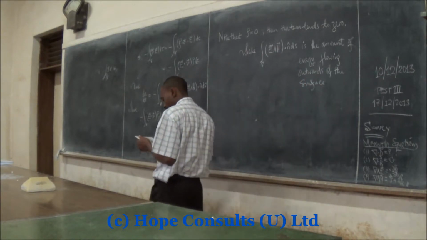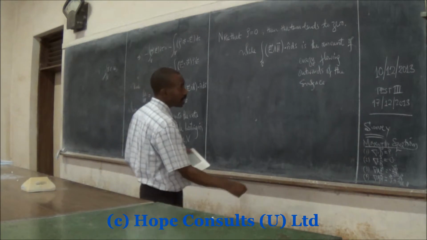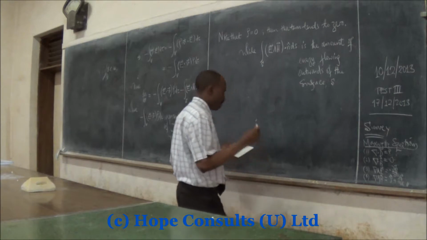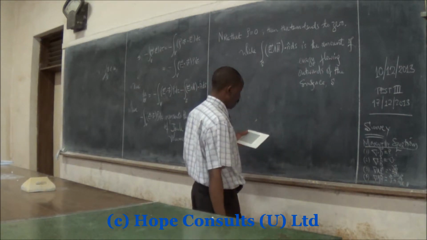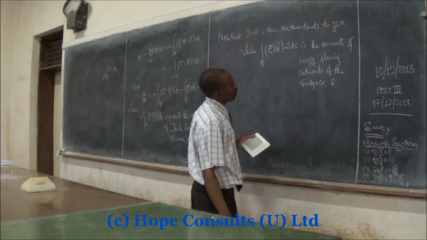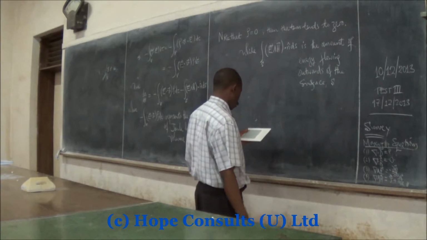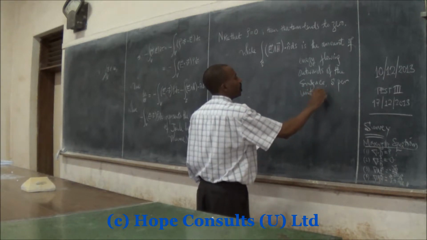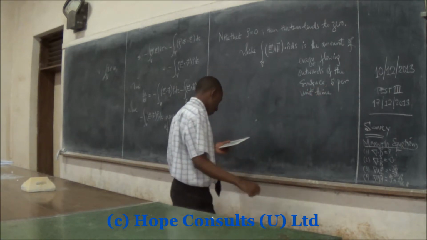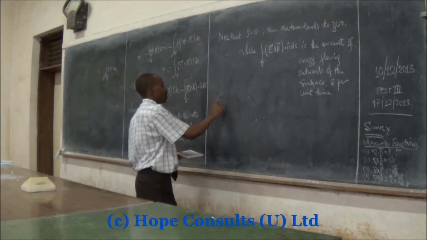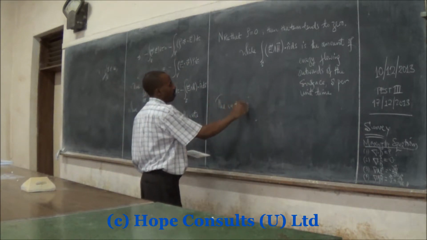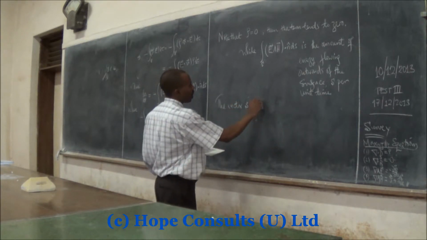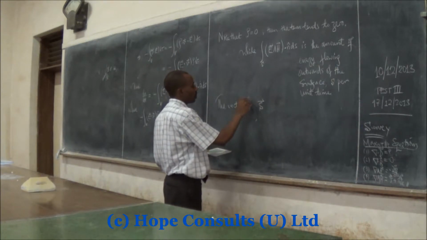Outwards of the surface is, of course, getting out along the normal, and this should be per unit time. So the vector S, where S is equal to